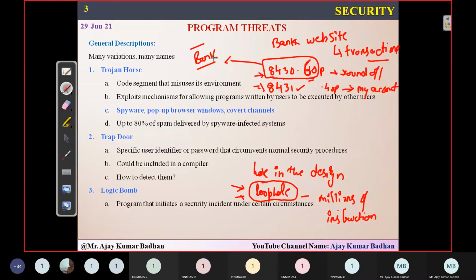What I did is I made a round figure. I wrote a program where it will take only round figures. It will not take the decimal places. So definitely the user has to pay 8,431. Now the user will think that he has paid the amount 8,431 to the bank, but actually to the bank